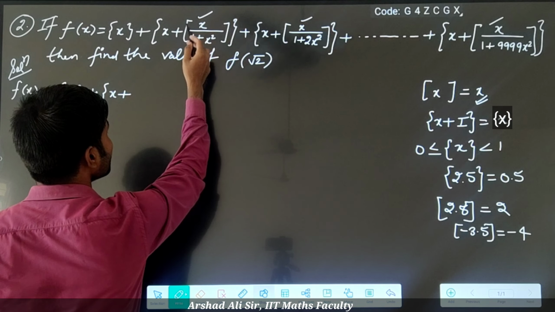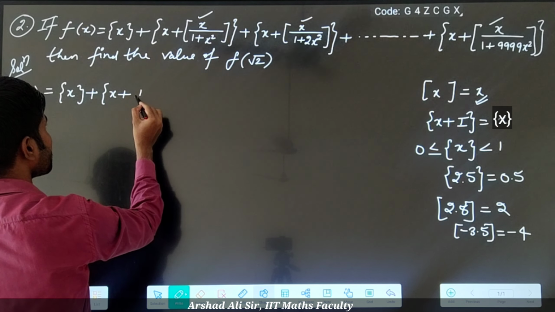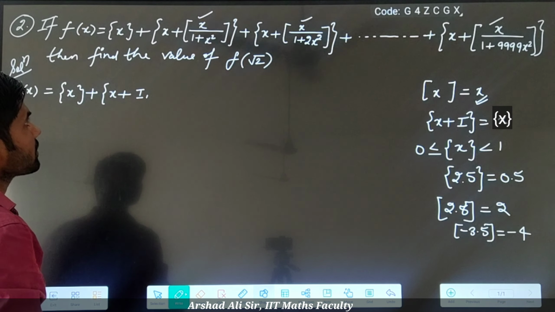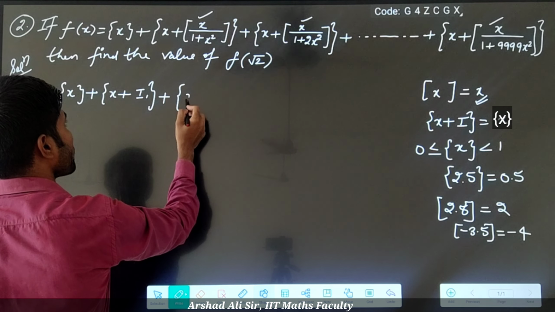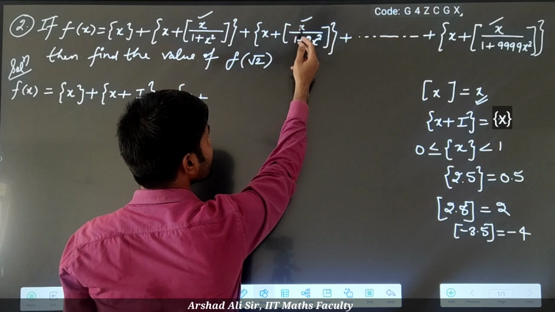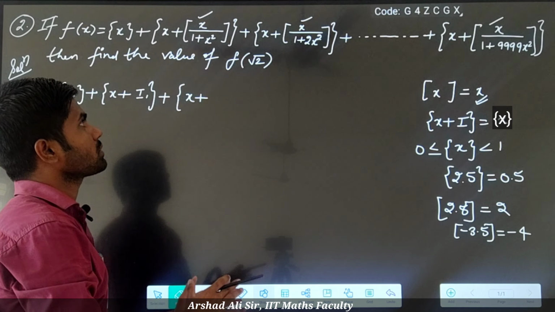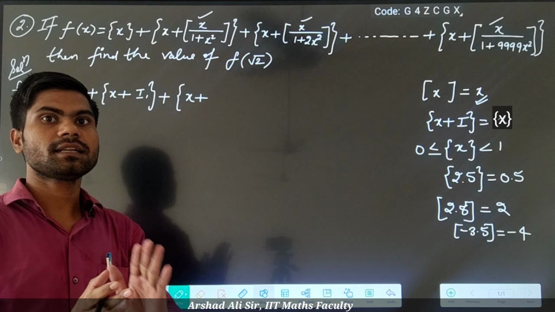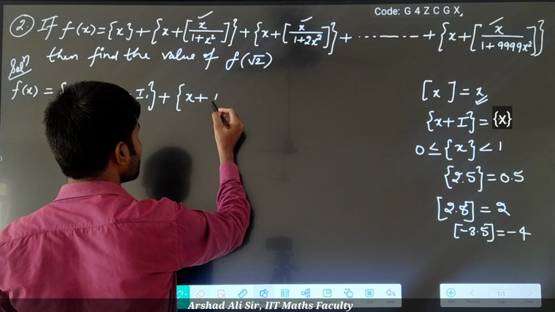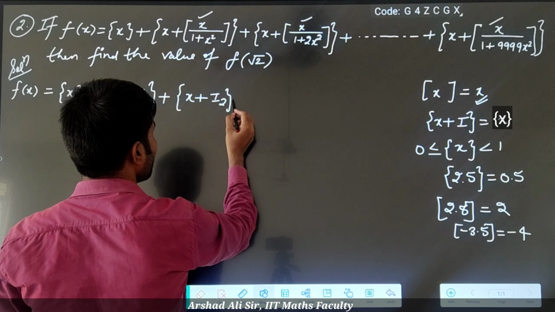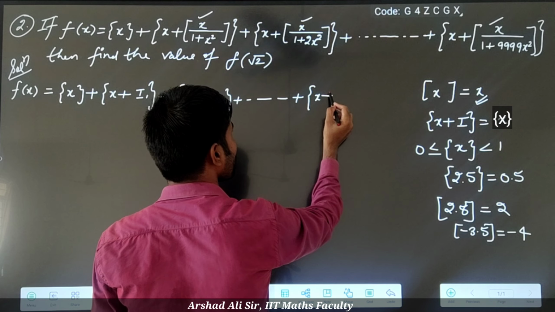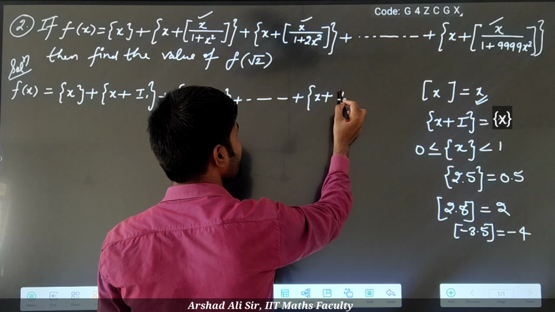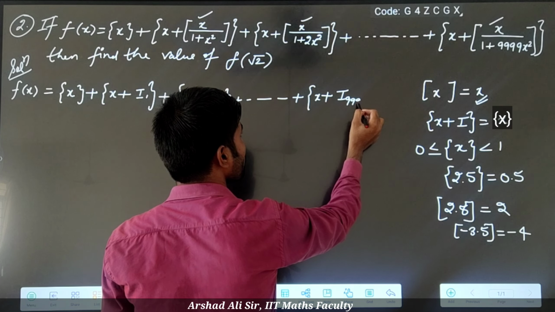Let's suppose the value of this bracket is equal to I1, where I1 means any integer, plus fractional part of x. Out of the square bracket definitely we will get an integer, so let's suppose that integer is I2, and so on. Here fractional part of x plus I4 times 9,